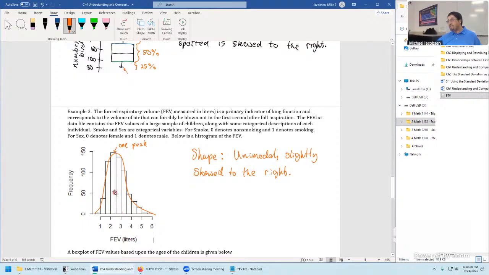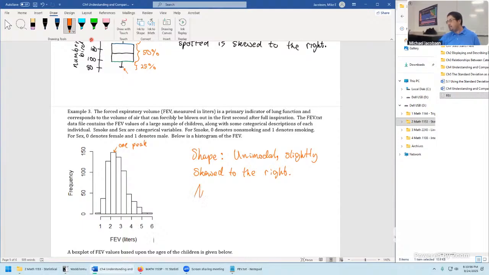What's kind of interesting about this is if we use the 1.5 IQR rule of thumb, it probably would say these are potential outliers. So it's strictly just a rule of thumb. And sometimes when the data sets get large, things don't quite match up with what we would have said visually. I do agree with you. For a slight right skew, nothing's too unusual here, unless you saw observations that were like, say, even over here. Now we start to have unusual observations. That would be just a very, very strong child that probably could run a fast mile. But nothing too abnormal here.